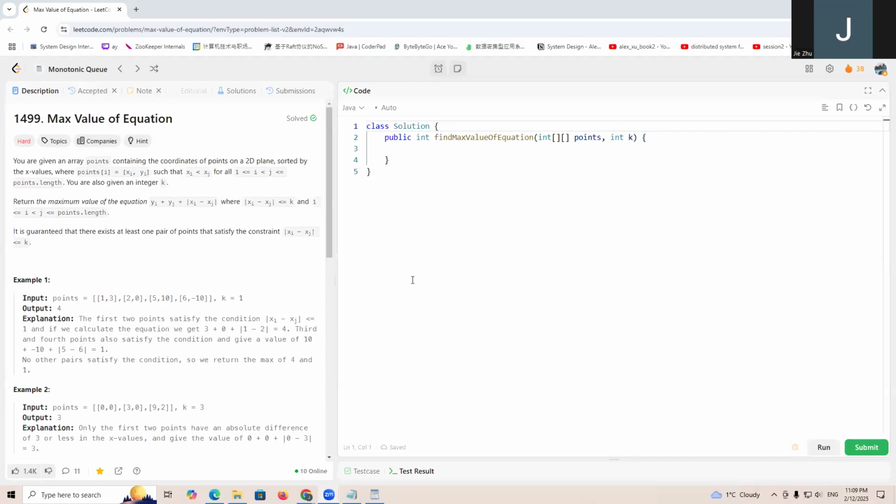Let's go through the 1499 max value equation. For this question, it gives us a two-dimensional array points. For each element, the point has an x value and a y value, which represent the x axis and y axis, and also gives us an integer k. And it lets us find 2 points,